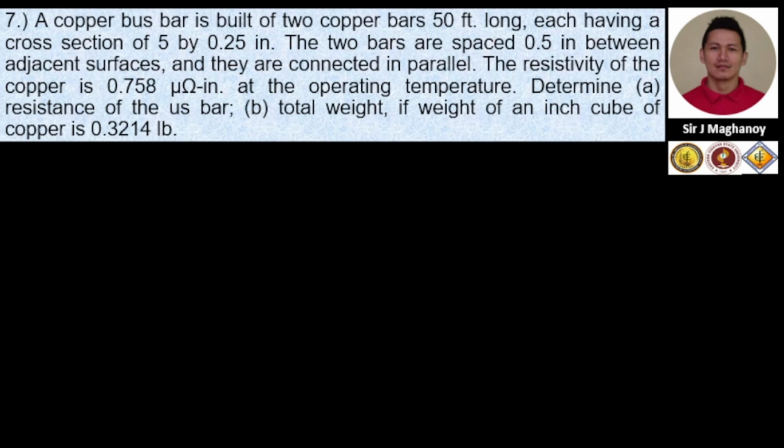Number 7. A copper bus bar is built of two copper bars 50 feet long, each having a cross-section of 5 by 0.25 inch. The two bars are spaced 0.5 inch in between adjacent surfaces, and they are connected in parallel. The resistivity of the copper is 0.758 micro-ohm-in at the operating temperature. Determine for A, the resistance of the bus bar,